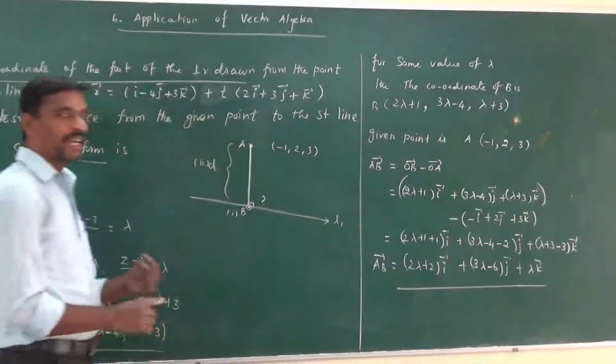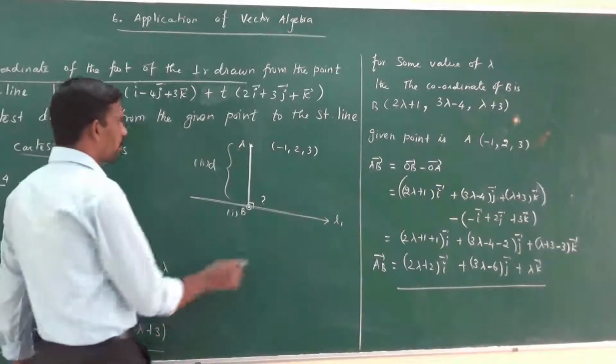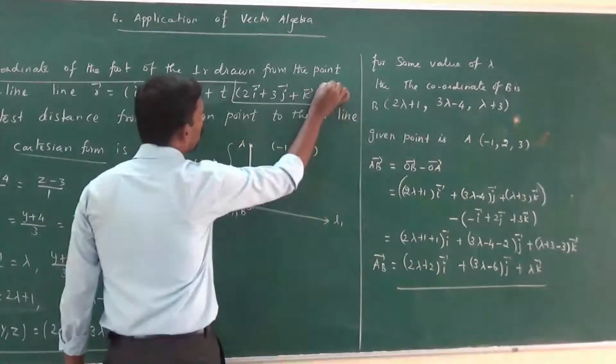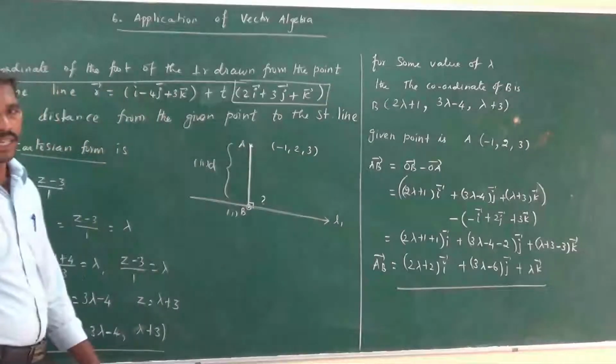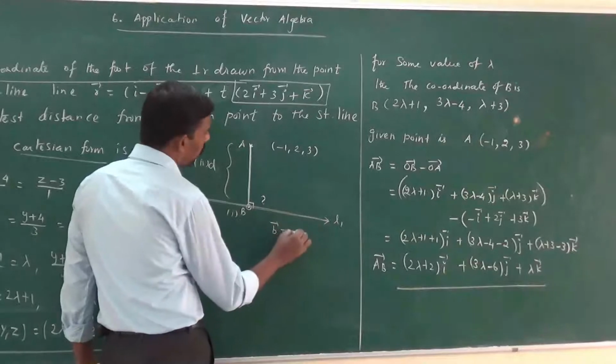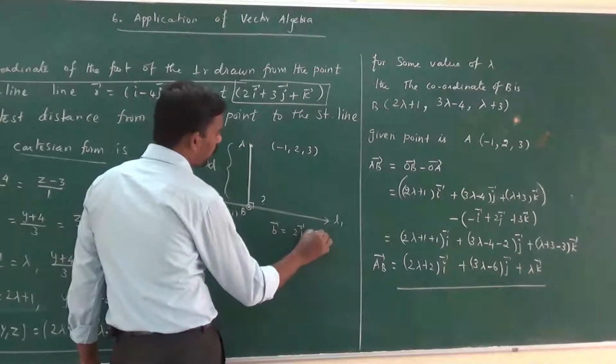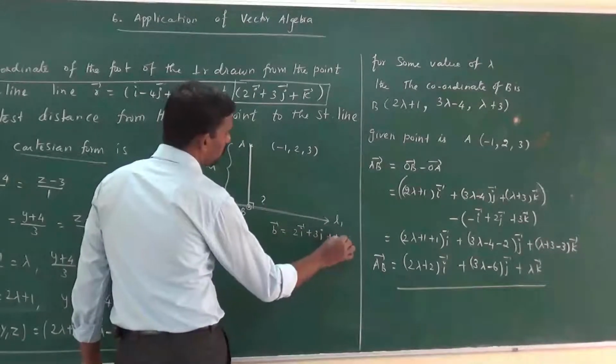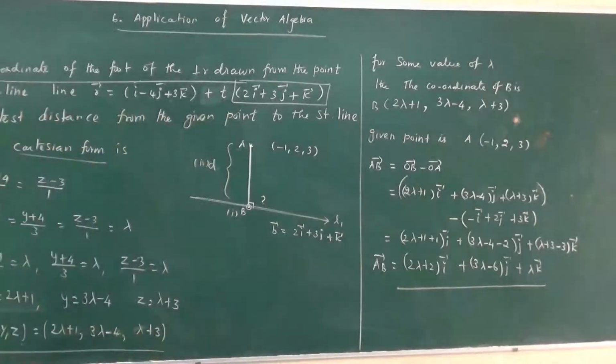In this line, we have a vector, isn't it? The vector is nothing but 2i vector plus 3j vector plus k vector. So here, the b vector is nothing but 2i vector plus 3j vector plus k vector. Okay? Now,